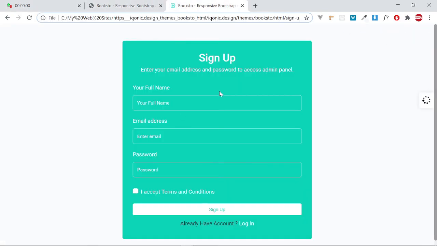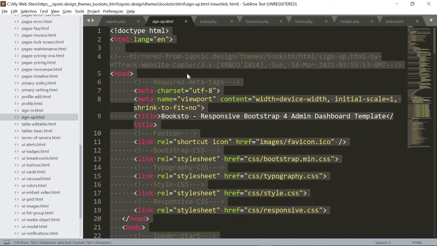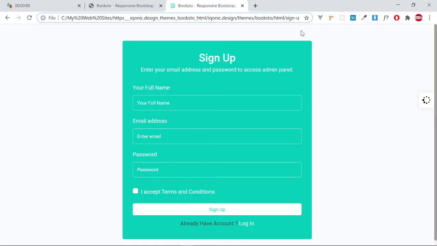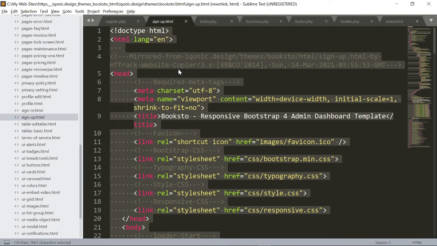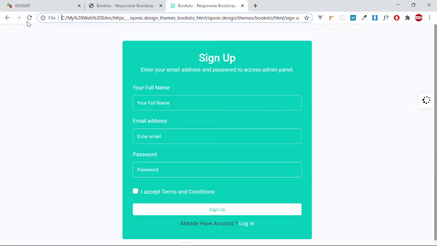I'm just copying and pasting here the code. So I'll come here to signup.php and copy the code, make sure it works, and then we'll finish the class. For register, you don't need the sidebar, and we don't need this top menu. So I'll copy it the way it is, without the header and footer. I'll come and paste it here. So if I come and refresh,